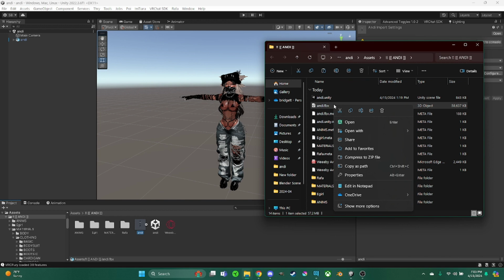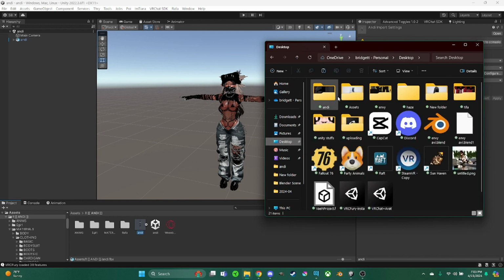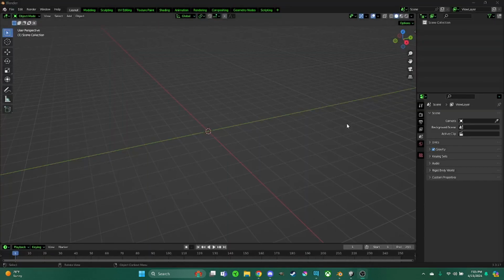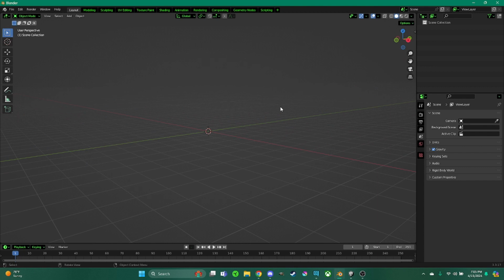You're going to copy this, and then you can place it, which I've already placed in my folder because I've made a render with her. But yeah, that's how you will take it, and then I will show you how to upload it into Blender. So I'm not going to be doing a scene or anything. I just want to show you guys how to import the avatar,